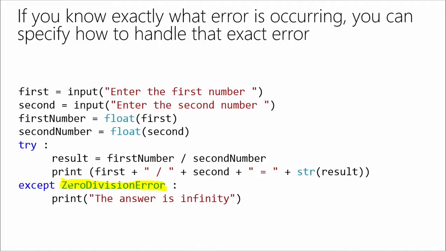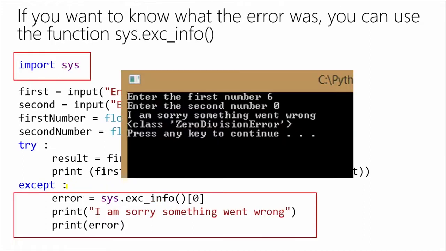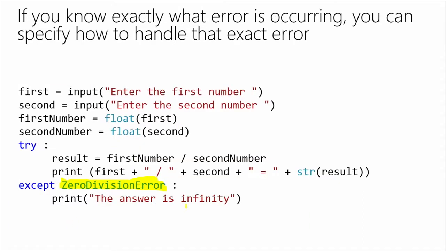Now, how on earth do I know what the name of the error is? That's always the big question. That's a very good question. Well, you remember on the previous slide, I showed you sys.exc_info? Guess what that returns? The name of the error. So I will often use sys.exc_info as a programmer to find out the error. I don't often display it to the user. It's a trick I use to find out the error, and then I know the name of the error to trap. Yep. So that I can say, if that error occurs, this is the message I want to display.